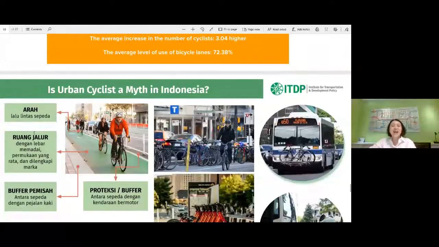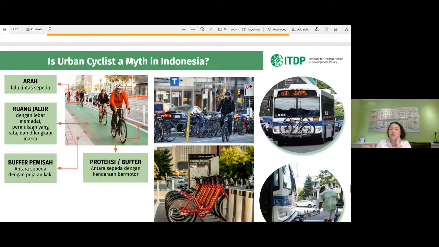And then, people often focus only on the bicycle lane when talking about infrastructure for cyclists. It's actually not only the bicycle lane.